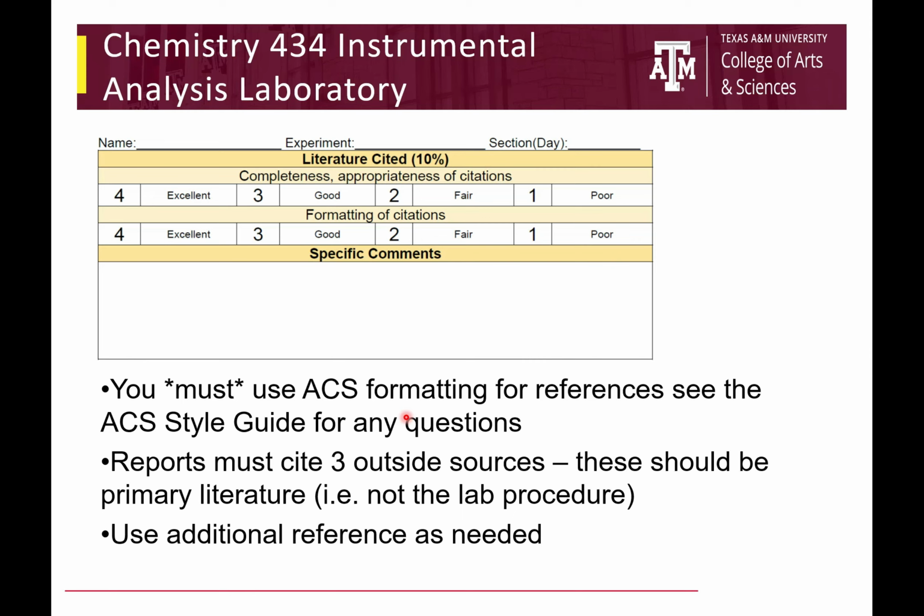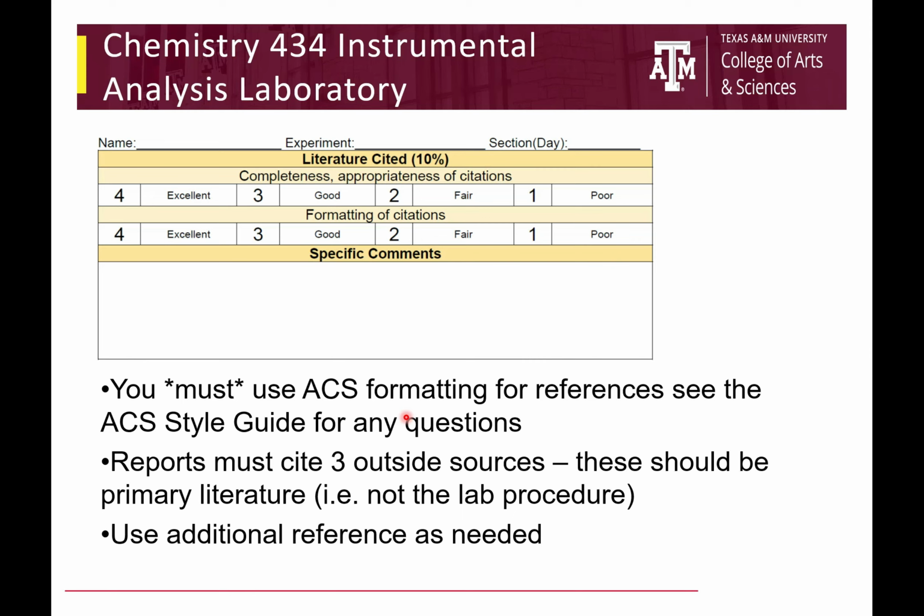There's a link to the ACS style guide included in this Prezi. We're going to require that the reports have 3 outside sources. These outside sources should be primary literature. So it should be a referenced journal article. Something like Journal of Chemical Education is okay, Analytical Chemistry is okay,